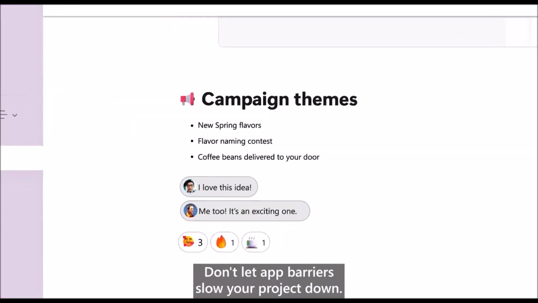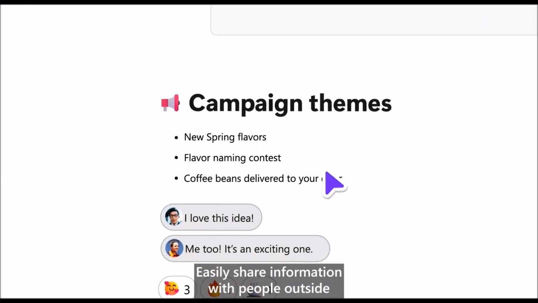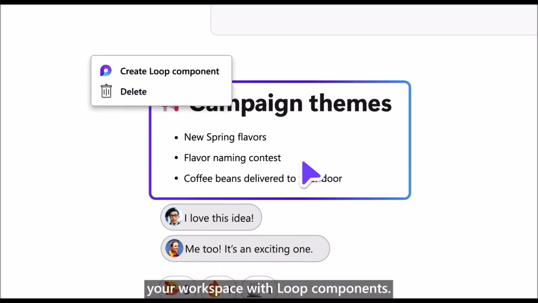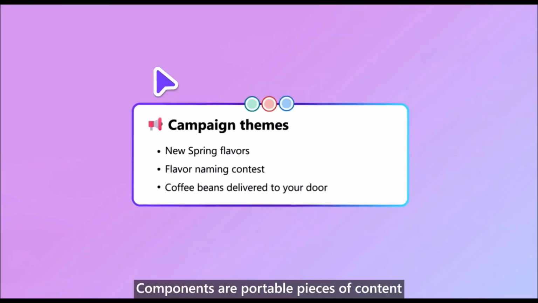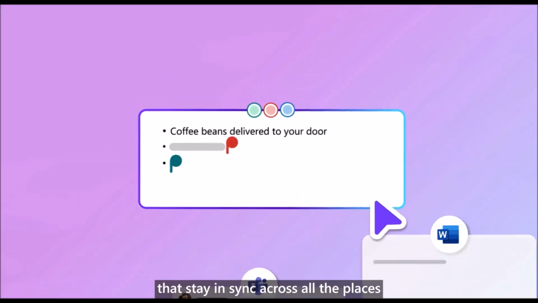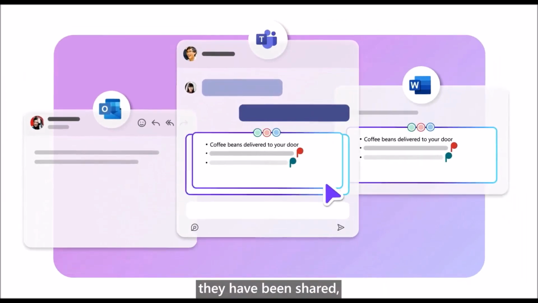Don't let app barriers slow your project down. Easily share information with people outside your workspace with Loop components. Components are portable pieces of content that stay in sync across all the places they have been shared, no matter